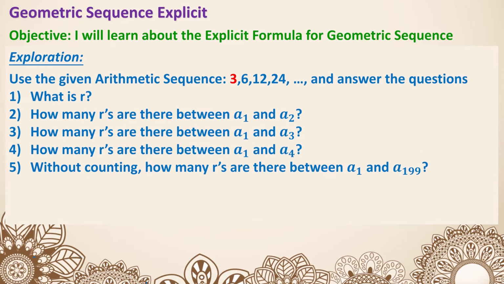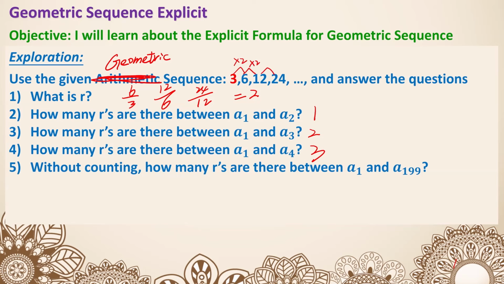Similar kind of exploration. 3, 6, 12, 24. This is not arithmetic, it's supposed to be geometric. Okay, the ratio 6/3 or 12/6 or 24/12, they're all going to give us a 2. How many r's are between a sub 1 and a sub 2? There's only one. Between a sub 1 and a sub 3, there are 2 of them. And between a sub 1 and a sub 4, there are 3 of them. So here, that's how you know, times 1 two, times 2 twos, and times 3 twos. That means between a sub 1 and a sub 199, there will be 198